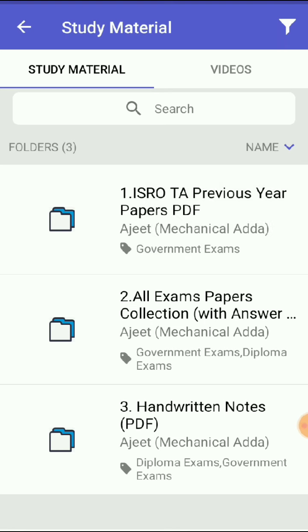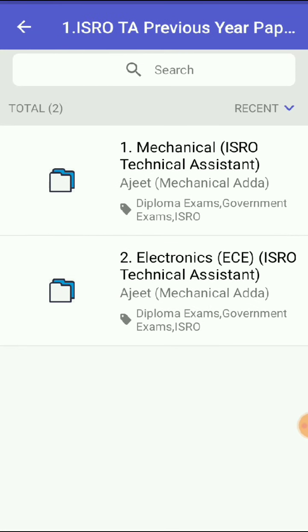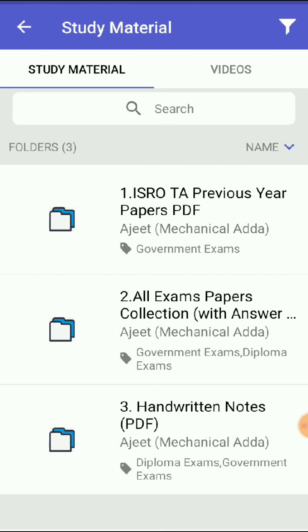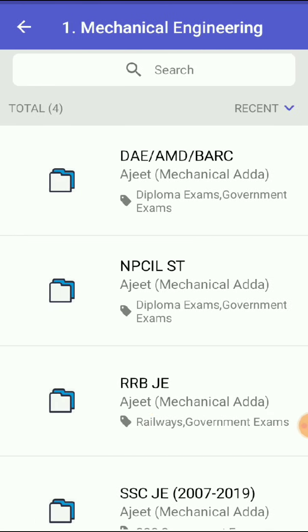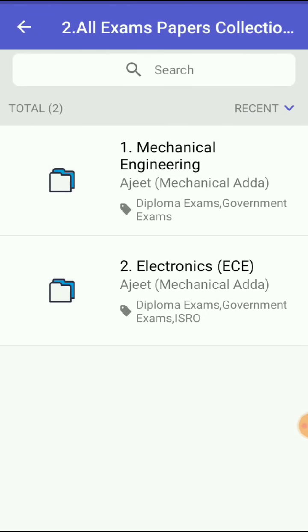I can sort it according to the name. Here you will get the ISRO TA papers. The first one is mechanical, where you can get all mechanical papers, and here all electronics papers. The second one is other than the ISRO exam, the remaining exam papers. In this way you can download these papers from here.